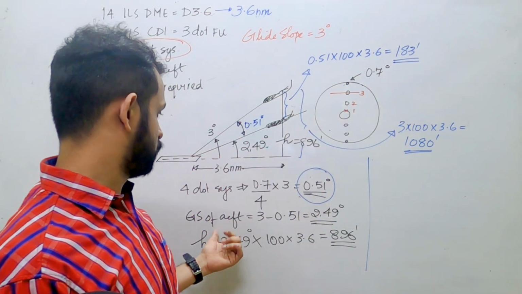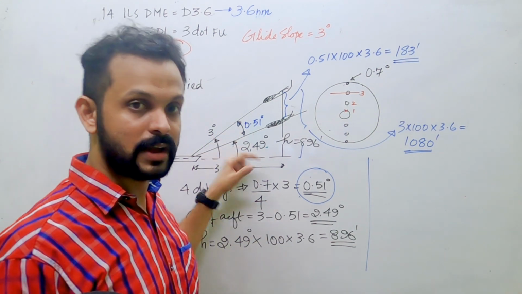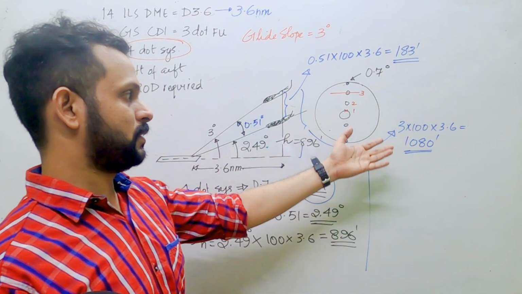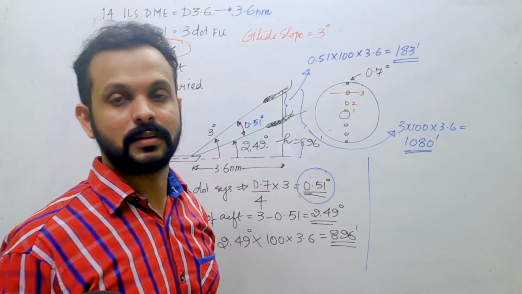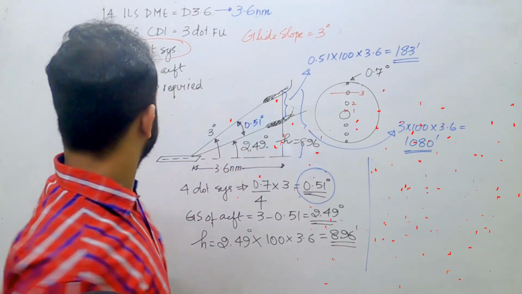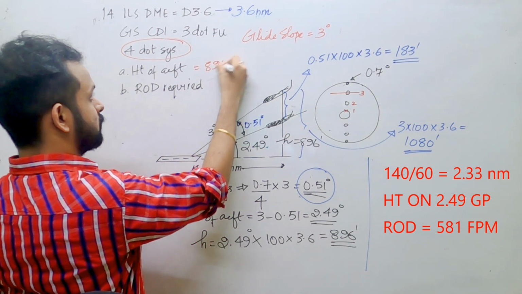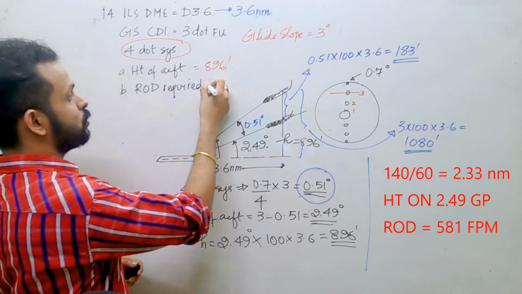If you find it difficult to do the subtraction and bring all those things into it, find the different angle, you can do it in this way as well. Relatively simpler, but not simple enough to completely adopt. You can use any of these methods. Not a problem. So what is the height of the aircraft? That is 896. The ground speed we are given. So how will you find the rate of descent? The easy